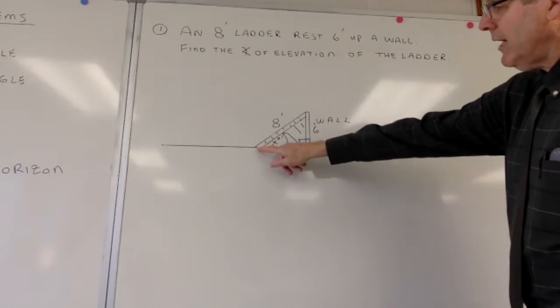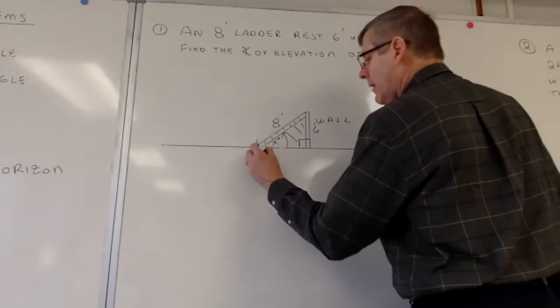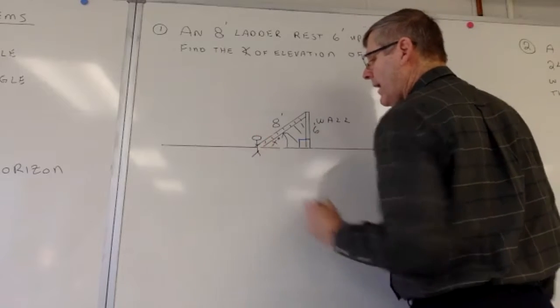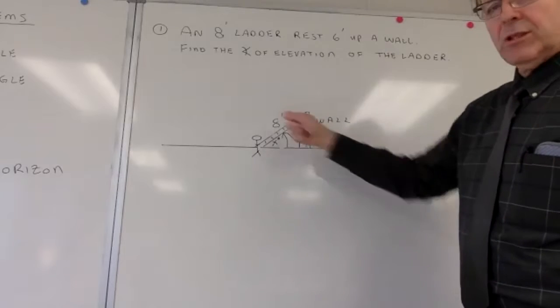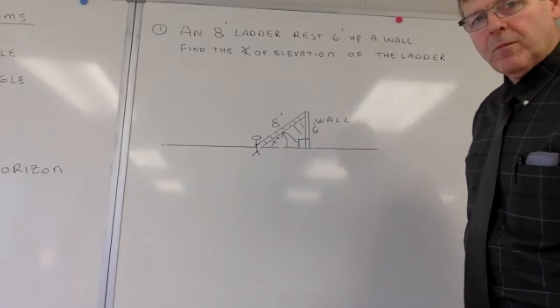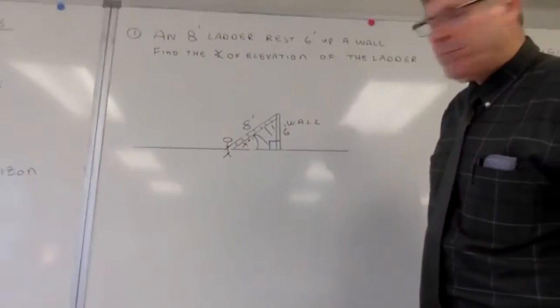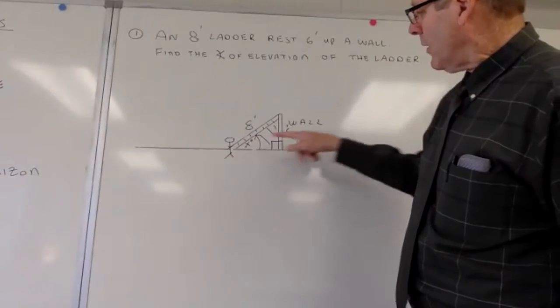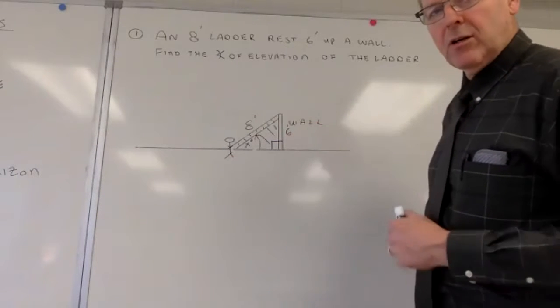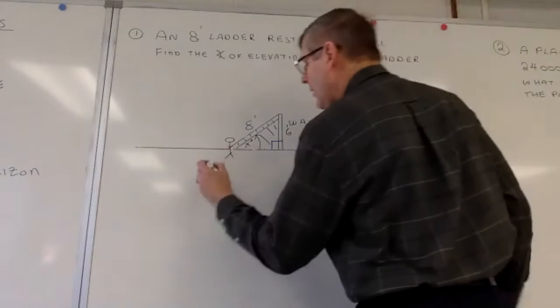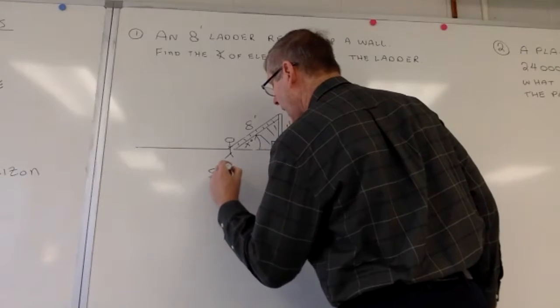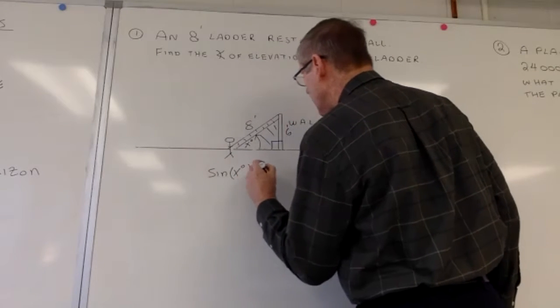So imagine I'm standing right here and I want to find this angle. What trig function is in play here if I know 6 and 8? If you're standing here, what trig function am I interested in? Sine, cosine, or tangent? Sine. So I know that the sine of the angle that I want is equal to